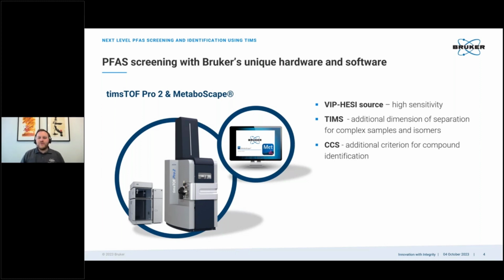Along with ion mobility, we have a CCS value, or a collisional cross-section. This gives us an additional criterion for compound identification for these unknowns. We also have PASEF, which is our data-dependent acquisition mode for doing MSMS. This gives us maximum MSMS coverage with very high spectral rates of over 100 Hertz for maximum potential to see